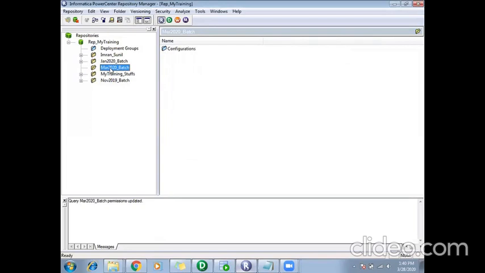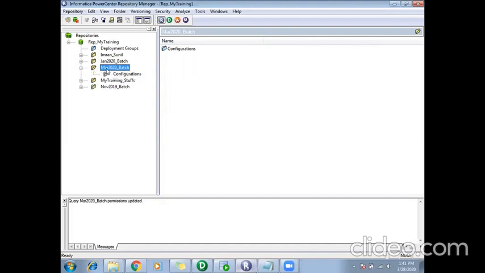In real time also, once you connect, if you are already working on an Informatica project in your company, you might have noticed within this repository manager there might be n number of folders, that is projects of different teams. You won't have access to all these folders, only the folder to which your project belongs.